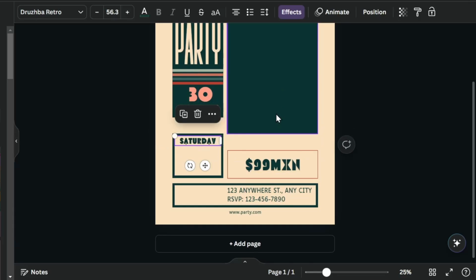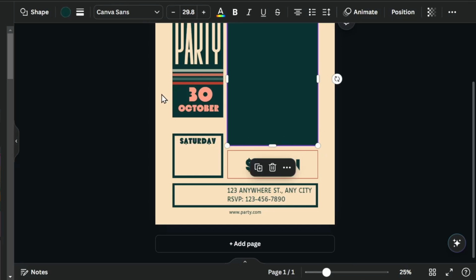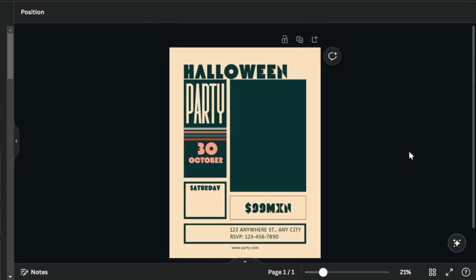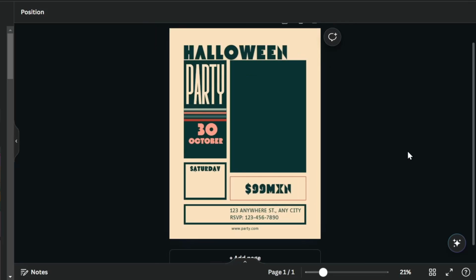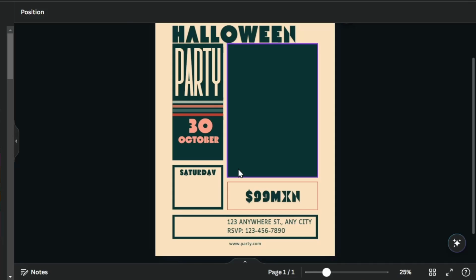Saturday, and I'm gonna make this a little bit bigger. There we go. Now it looks much more square and much more interesting. So the next thing, of course, that I can edit is to go into elements, and here I'm going to